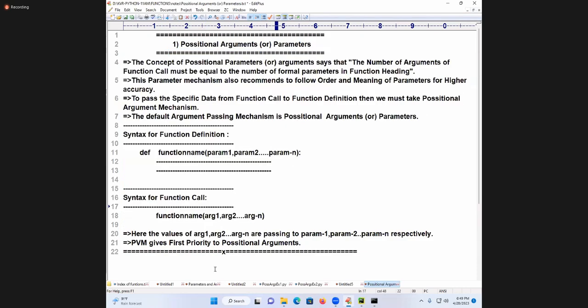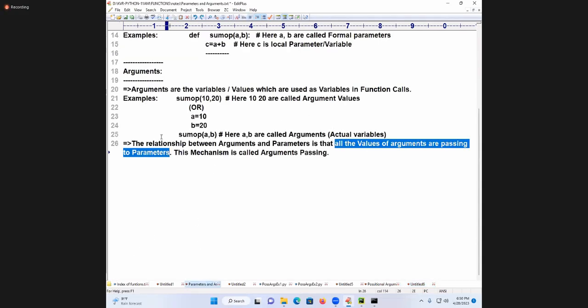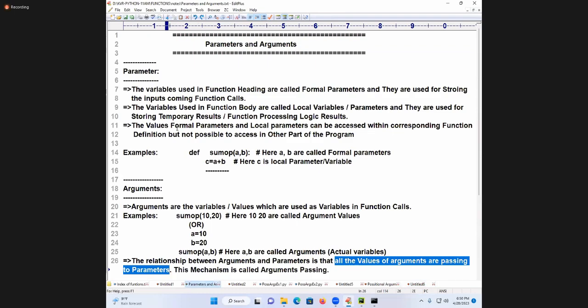Now I am going to introduce another mechanism. What is the difference? Ram is asking, sir, what is the difference between parameter and argument? He must write an imposition in the class. Already explained, huh? Explained or not explained? So he must follow. If he is asking, I myself feel very inconvenient.